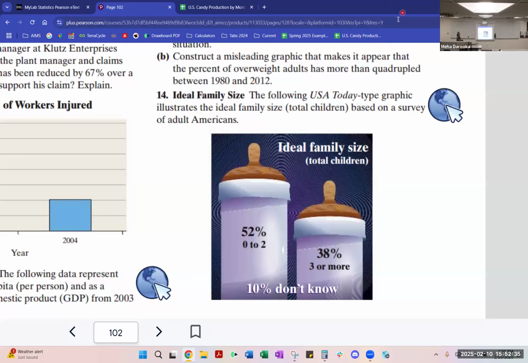Yes, the taller one is skinnier. Why is that one skinnier compared to the three or more? Because that one is slightly thicker or wider than the taller one. There's one other distinct information missing here. And what do you think that could be? It's like not a circle. Or is that what that dotted line is supposed to be? Okay,